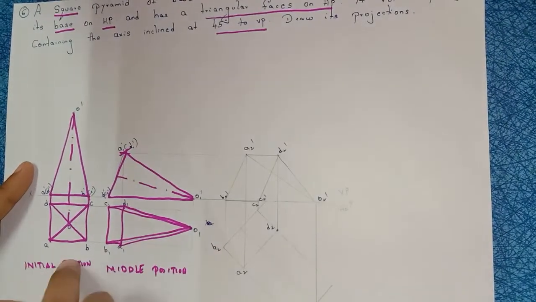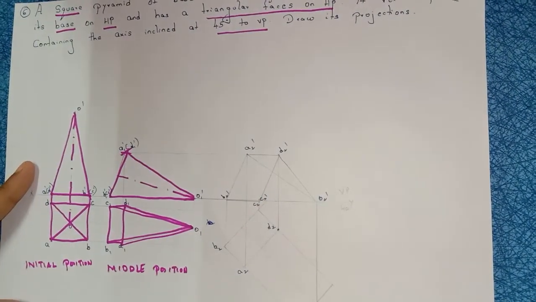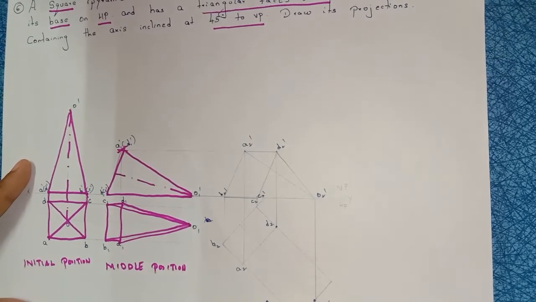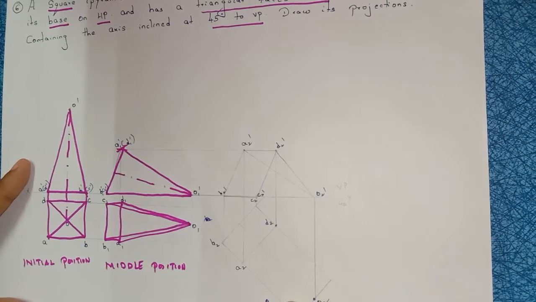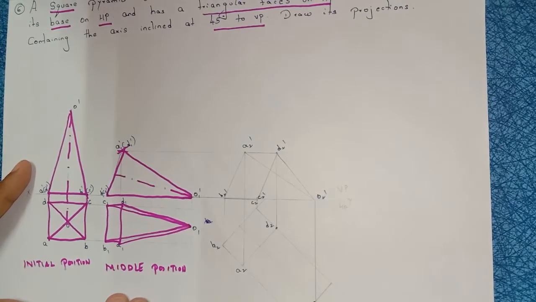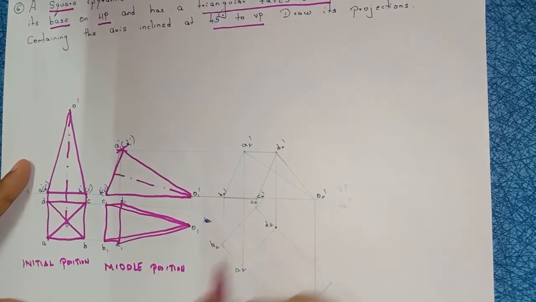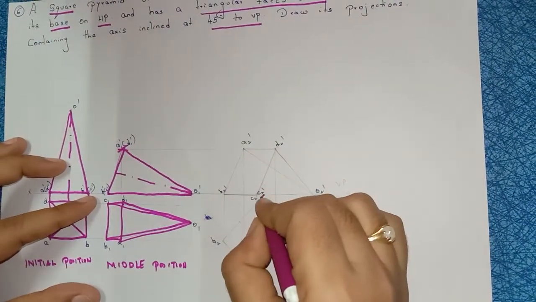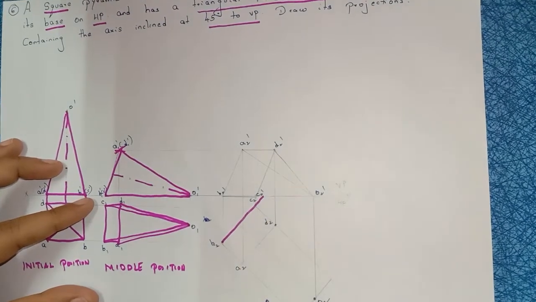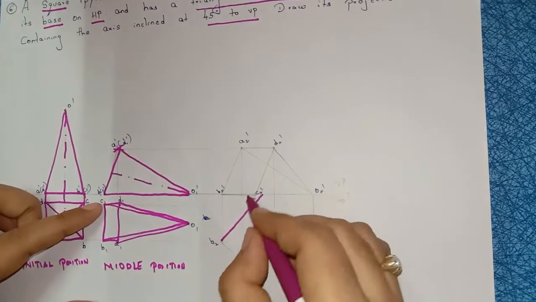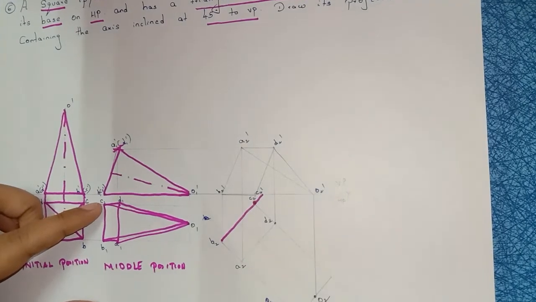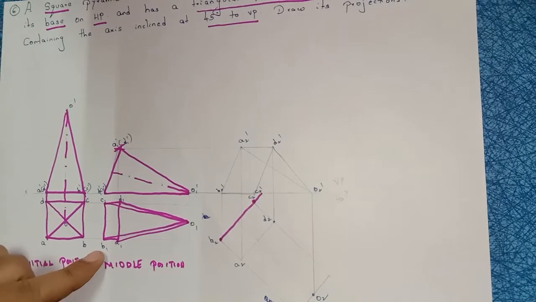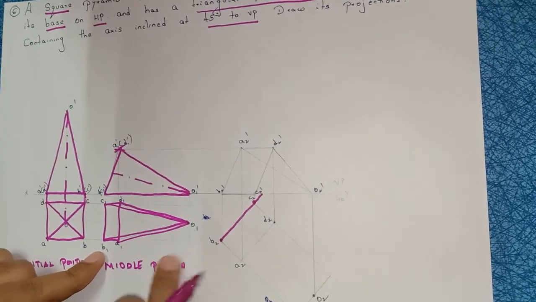45 degrees to VP. 1, 2, 3, 4, 5. 45 degrees to VP. You know this, how to construct the final position. Assuming that the middle position was in a box. Anyway, this is a box. Right? So same construct here. C to B. First, draw a straight line of 45 degrees. Right? Leave 5 mm gap. Mark the C point here first. Right? C to B. Length is how much? Draw here.